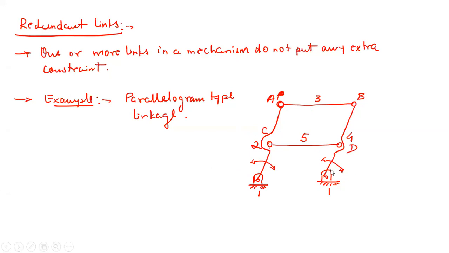No, sir. In a similar way, let us say if I remove this link 5, will the motion of this output link be affected in any way? No, sir. So here either you can remove this link 3 or you can remove this link 5, right? And the motion of other links, that is link 2, 4, is not going to be affected in any way, right? So here you can call either link 3 or link 5 a redundant link. Redundant means simply extra, right?